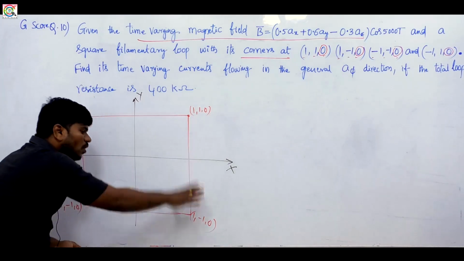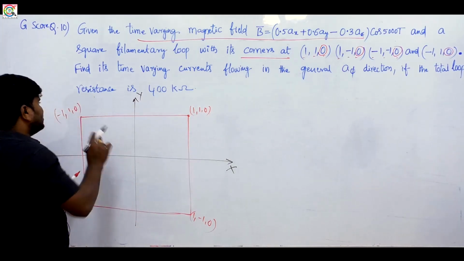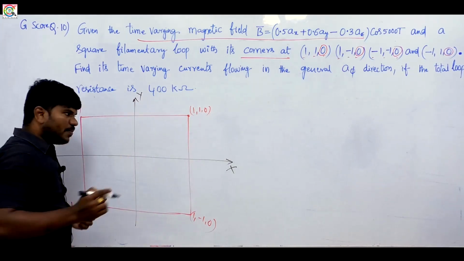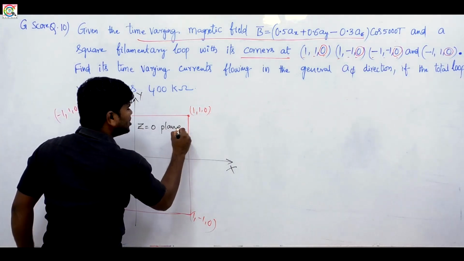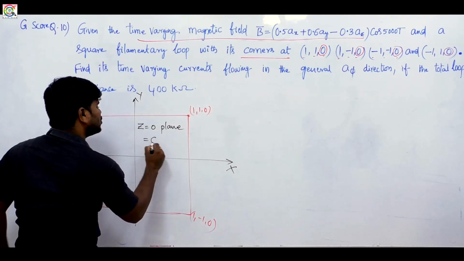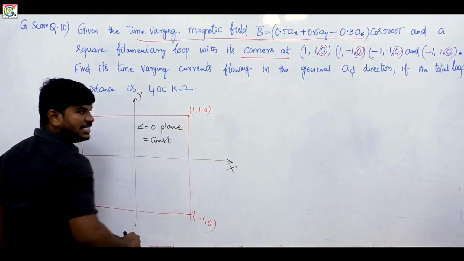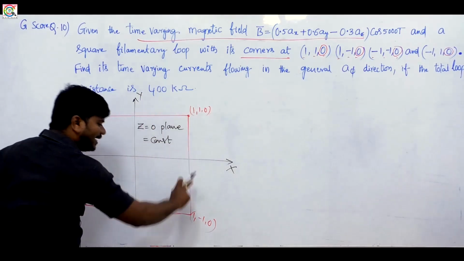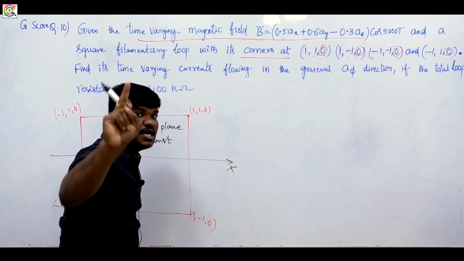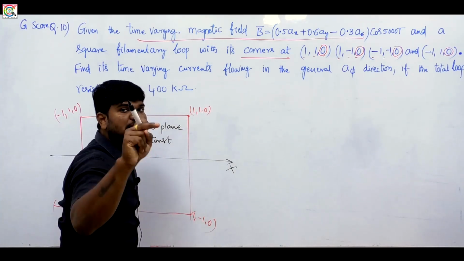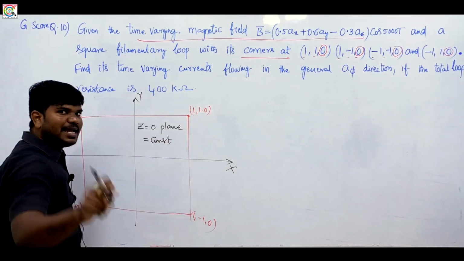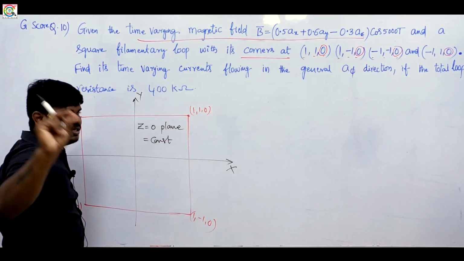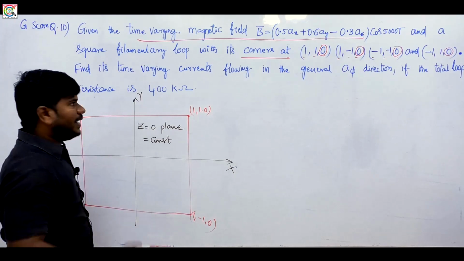So in all the points, what is the common thing? Z equals 0 is common. So that means here z equals 0 plane, which means z equals constant plane. This z equals constant plane makes one surface. Which kind of surface? It is an open surface, because it is a closed loop. So a closed loop making an open surface, that point must come to mind, right?